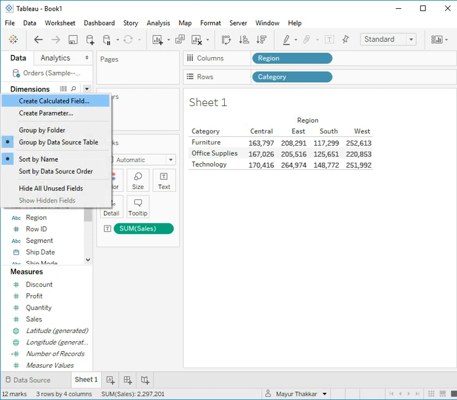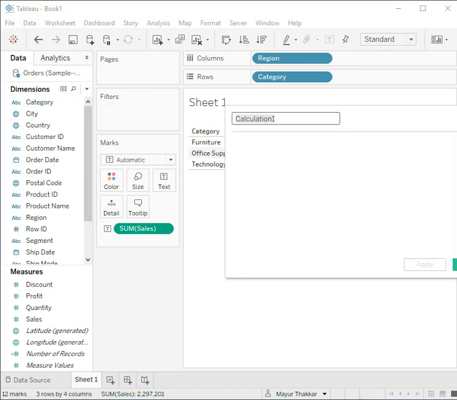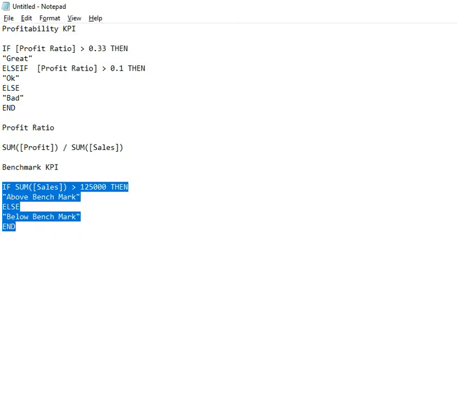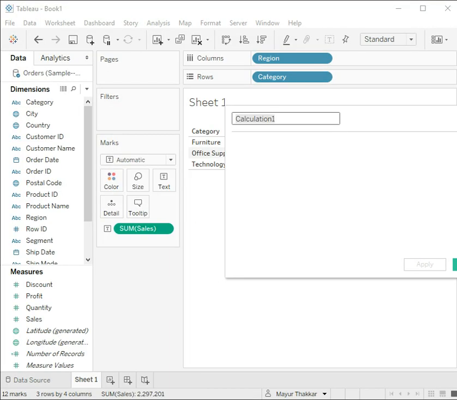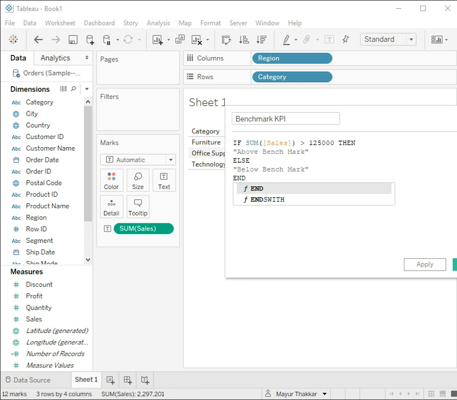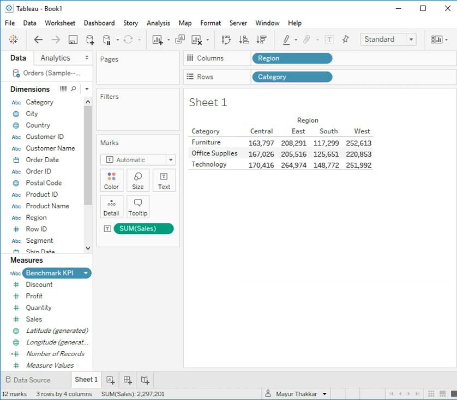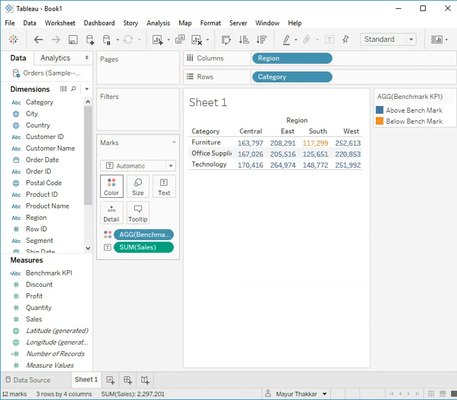and to make it visually attractive, I'm going to create a calculated field, and I'm going to call this calculated field benchmark KPI. It is nothing but to show that if my sum of sales is more than 125,000, then it's above benchmark, else it is below benchmark. So I'm going to drag this on the color shelf,